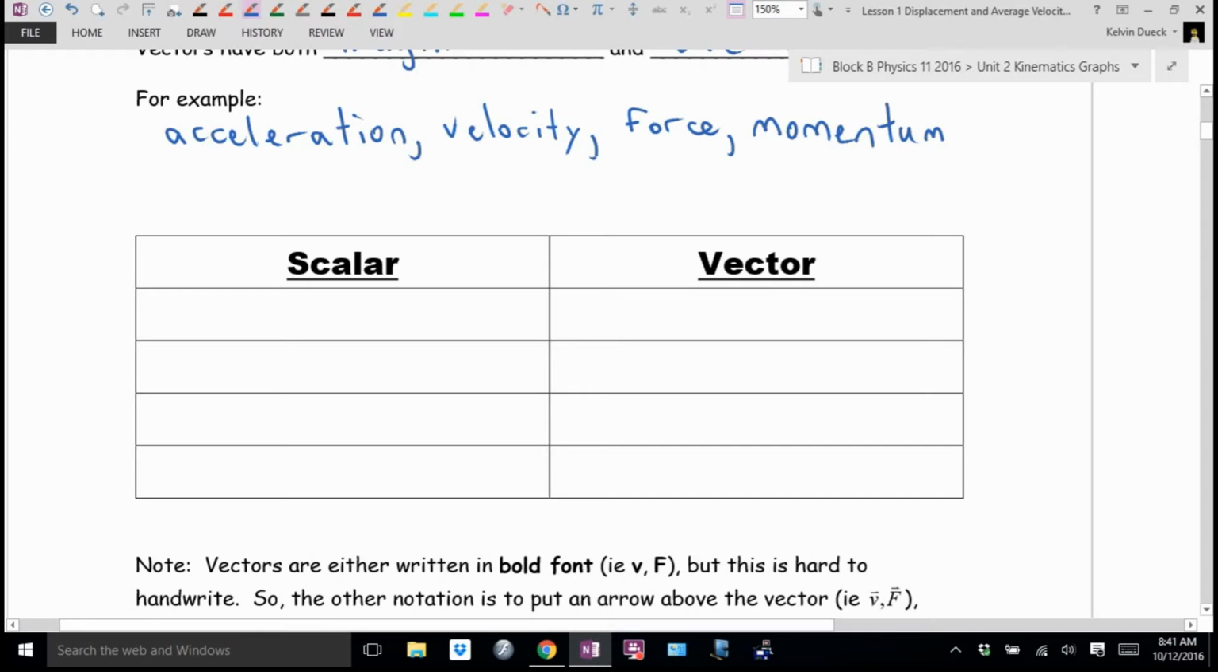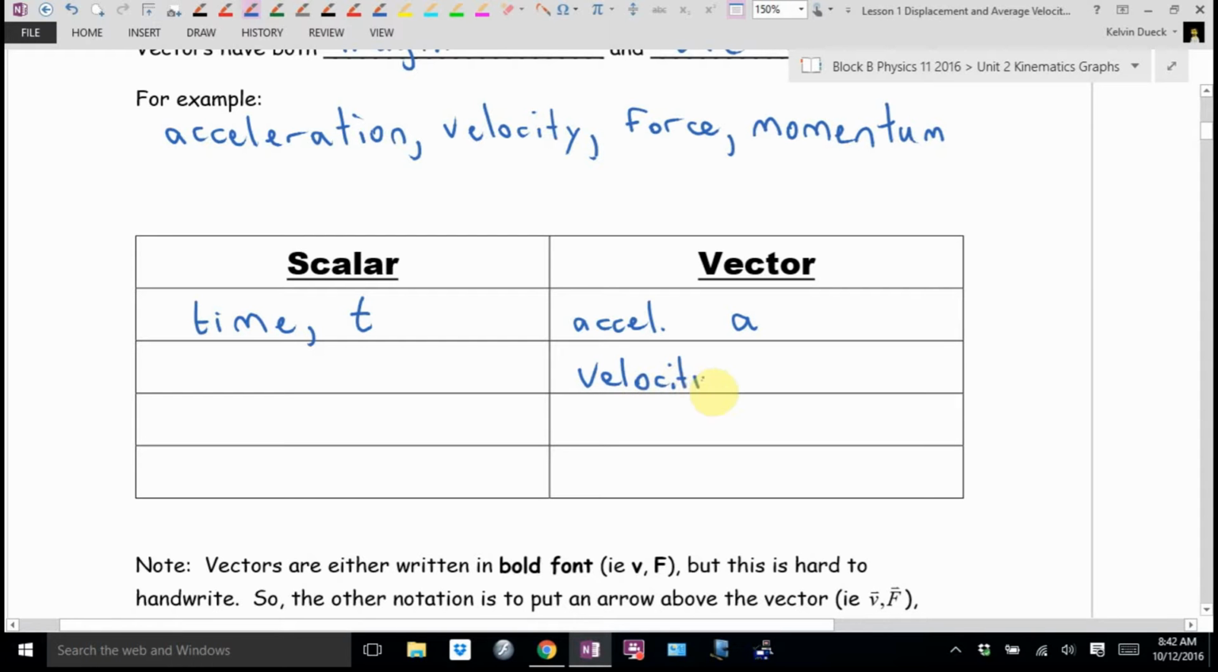So we'll have a little list of some of the ones we're going to look at for the next while. Scalar, we have time. And we're going to use, what would be a good letter to use for time? T. A vector, how about acceleration? I'm just going to abbreviate acceleration with accel. What would be a good letter to use for acceleration? We have under vectors